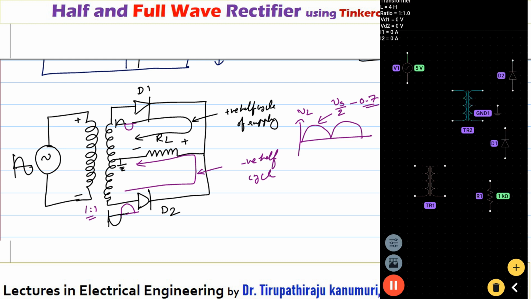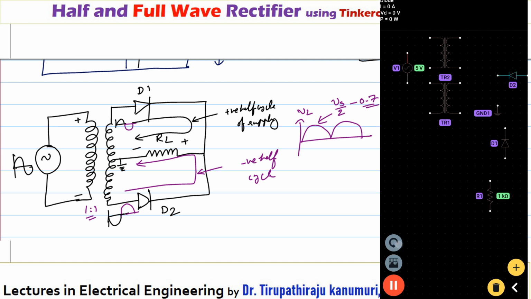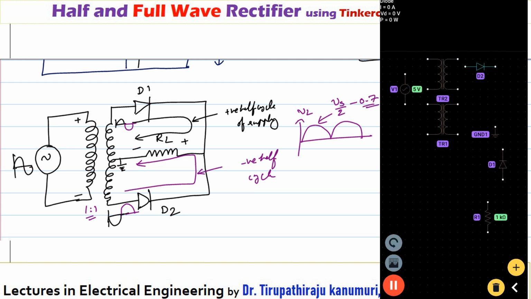You can see I am just moving. For moving anything, you have to press and hold on a particular item and then drag it. It will move there. You can see I am dragging and keeping both the transformers. Then similarly, I have to adjust my diodes. According to the bridge rectifier, that center tap transformer type rectifier, I am just trying to adjust it. It is not moving, so I am adjusting the other components accordingly so that it can be easily connected.